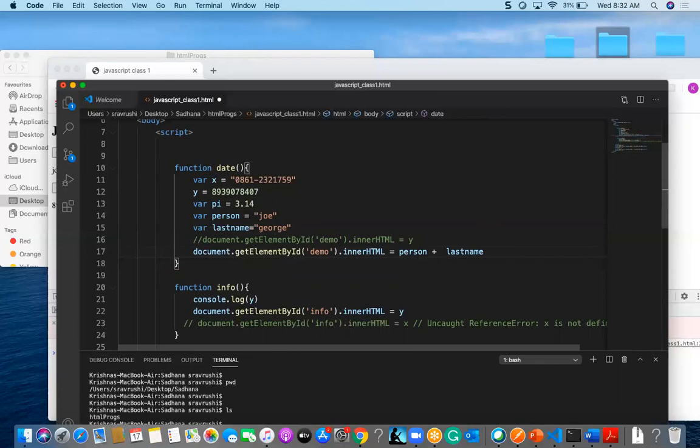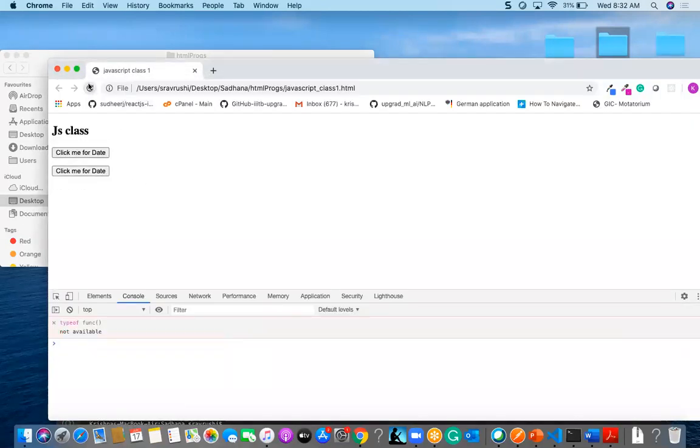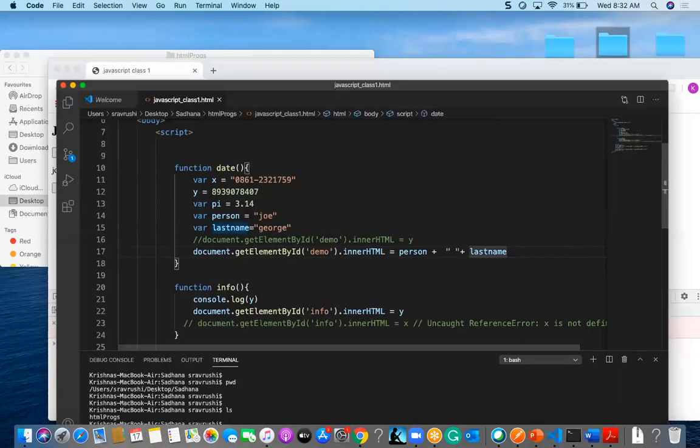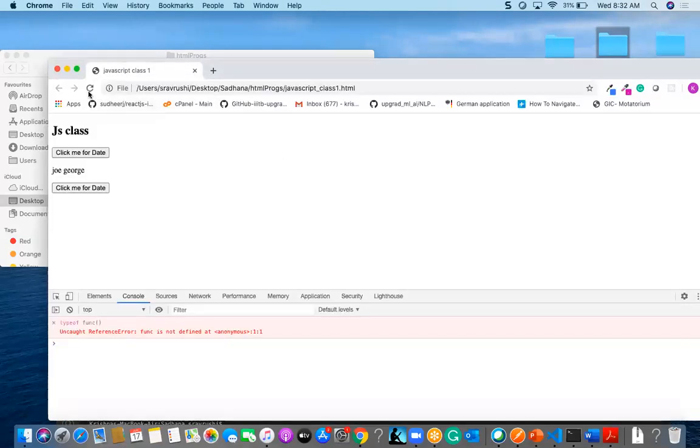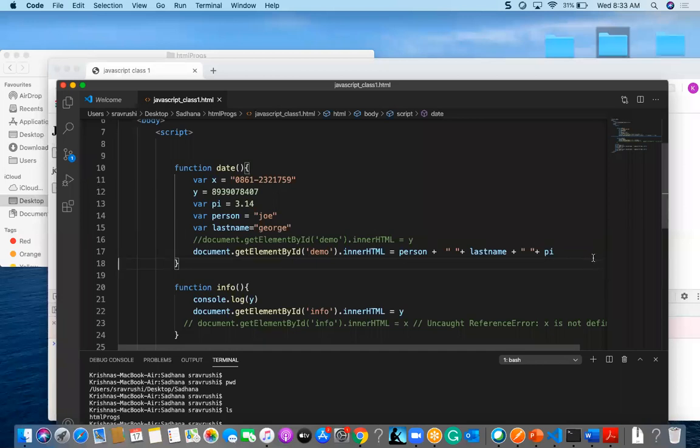If I want to give some space between them, I can give a space, and you can find it here. If I want to concatenate the pi value, I can give pi here. So I can concatenate the pi value also. Like this we can concatenate strings.